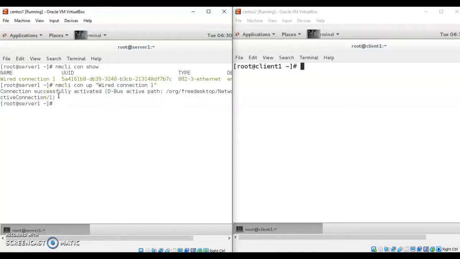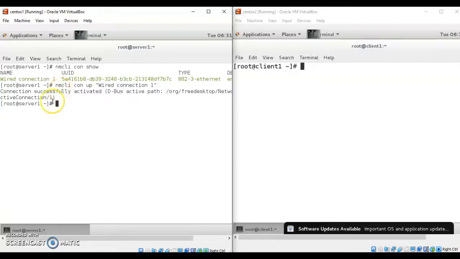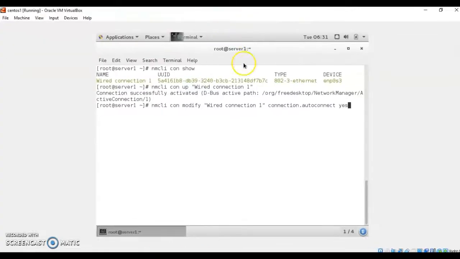Suppose you want to make it permanently up, so that in future, if you restart your machine, your Ethernet card will be automatically up. For that we use the command nmcli connection modify. We have to modify this name, that is wired connection 1, then give the option connection.autoconnect yes. I will maximize the screen.